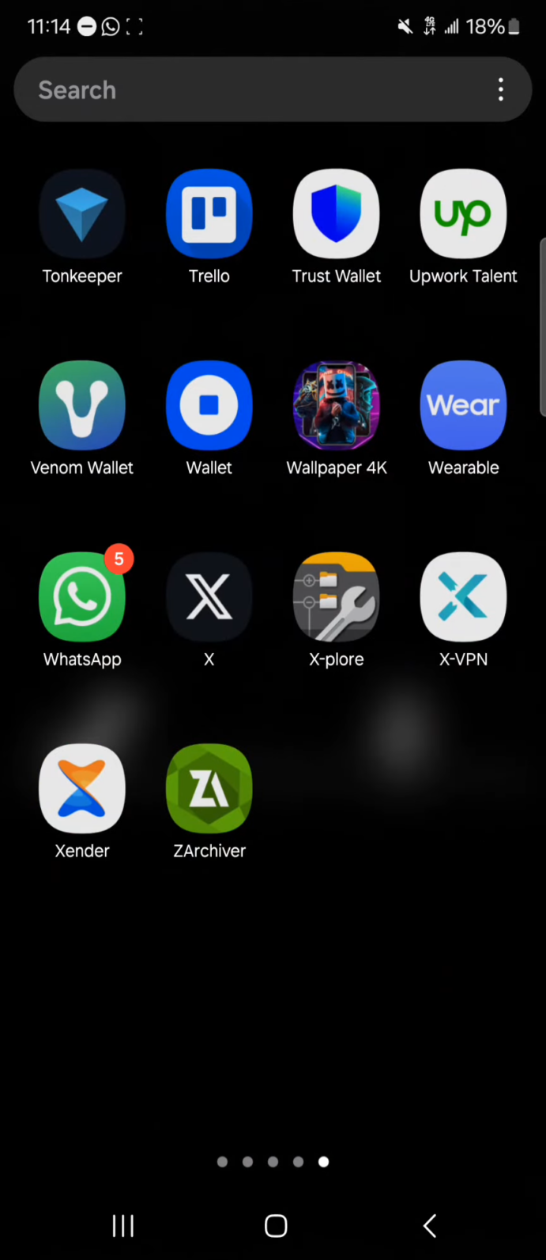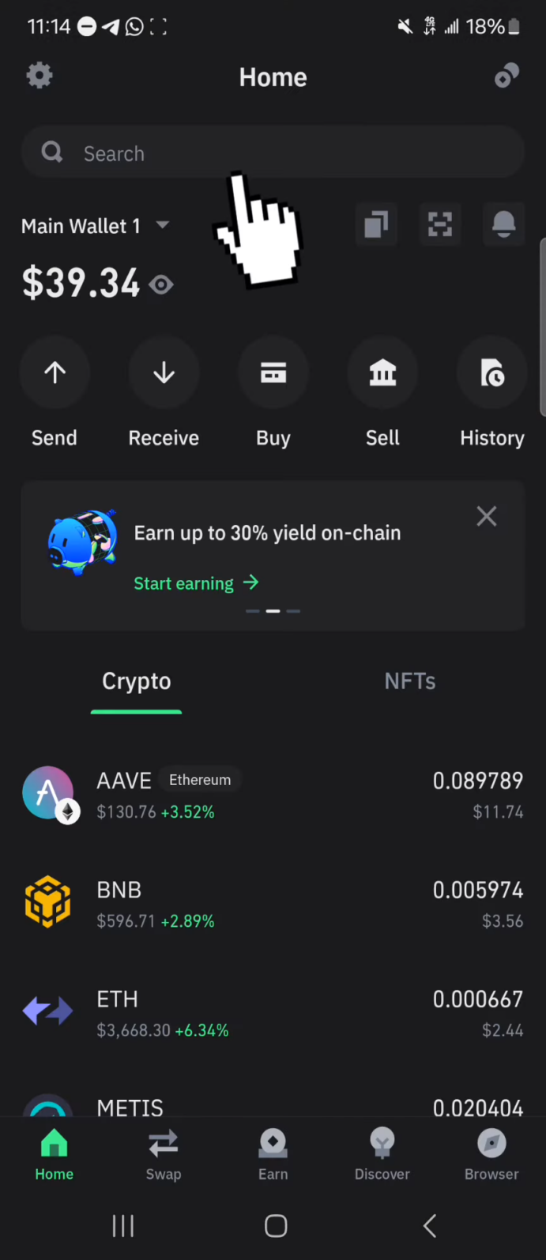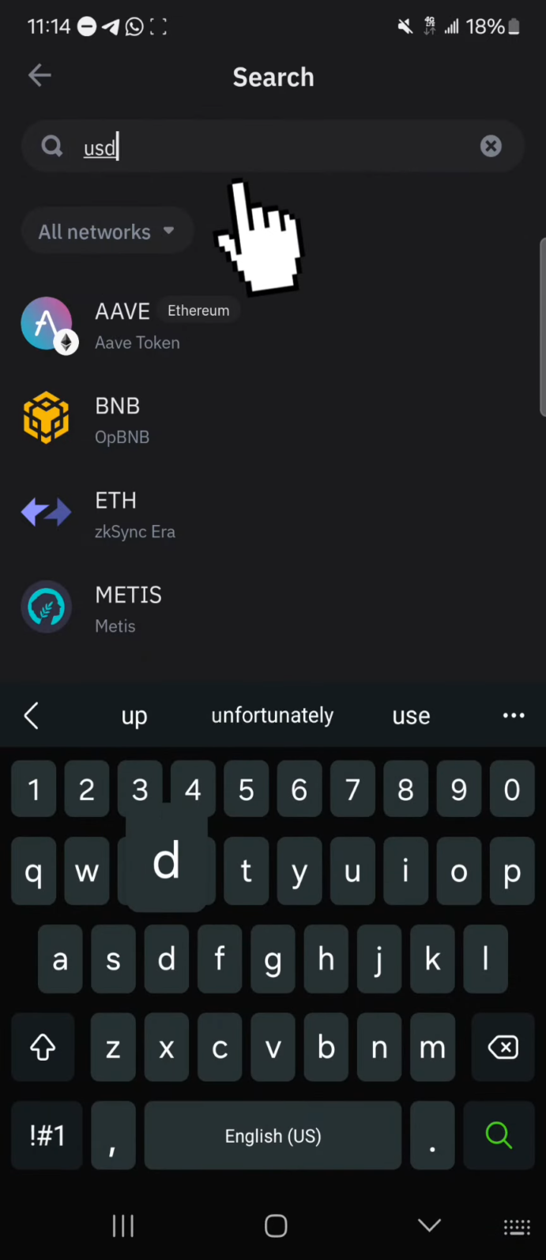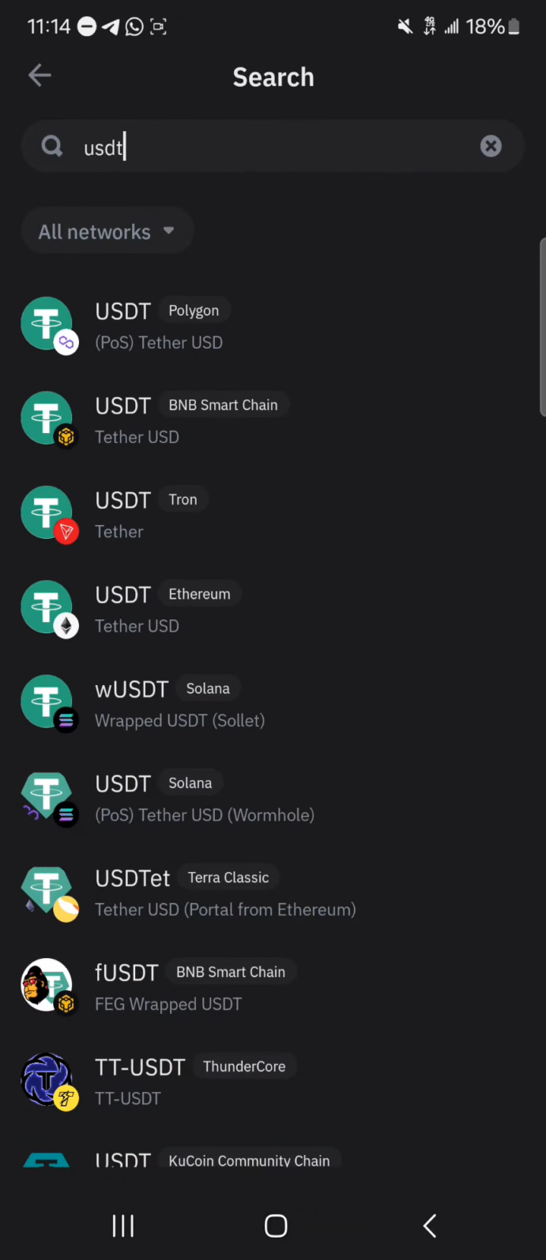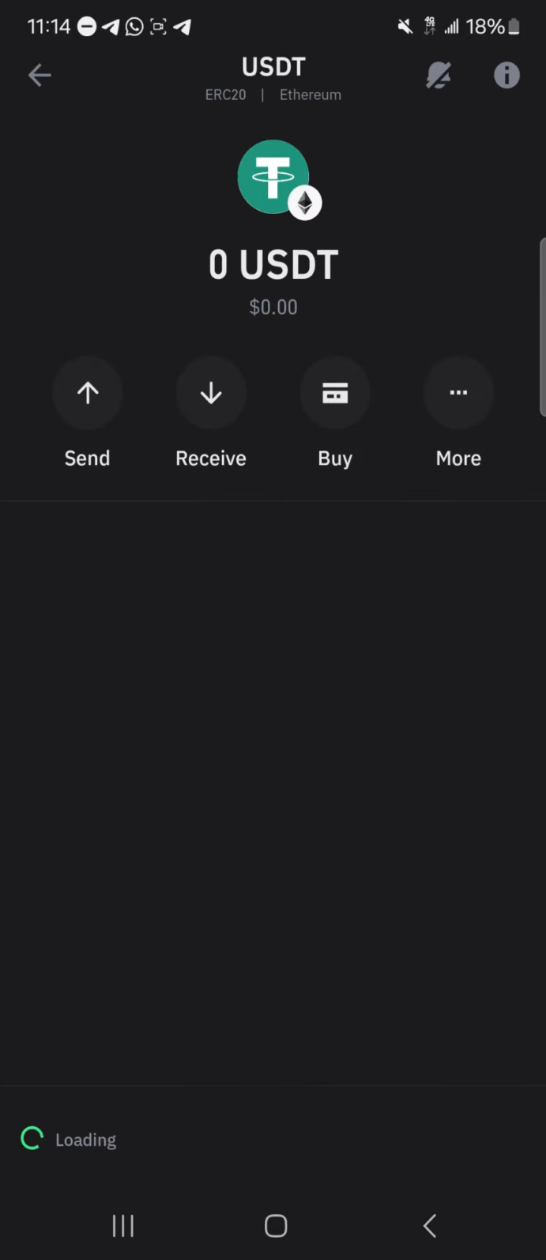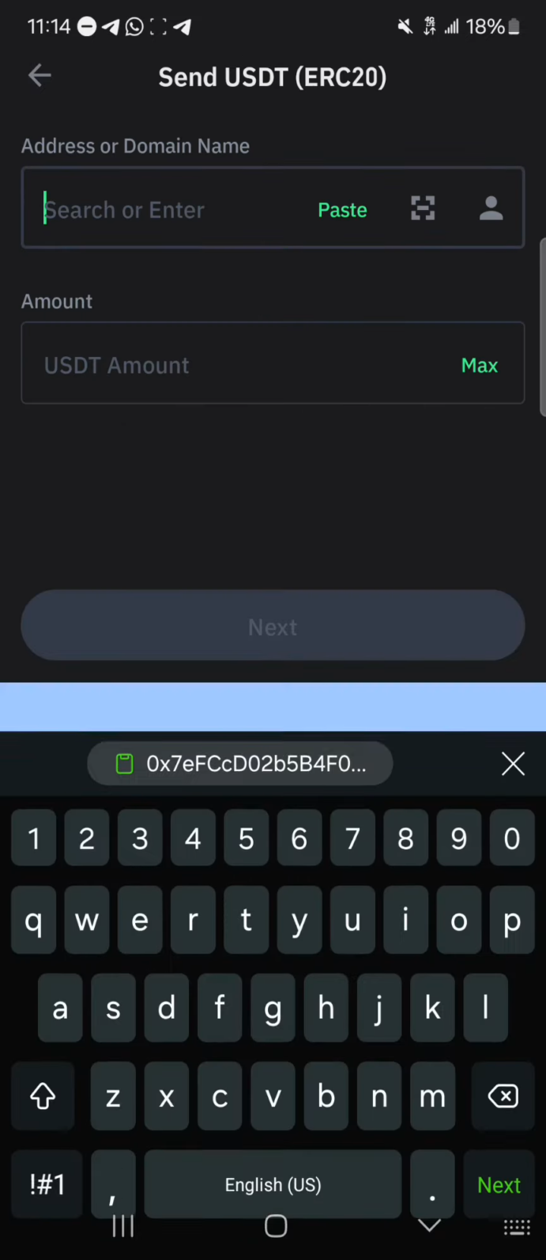To do this, we'll be working with the Trust Wallet. Click on the Trust Wallet and search for USDT. And you'd find the USDT in many networks, from the Polygon to the BNB to Tron, and then finally the Ethereum. So if you click on Ethereum USDT and simply click on the send option, once you select send, paste